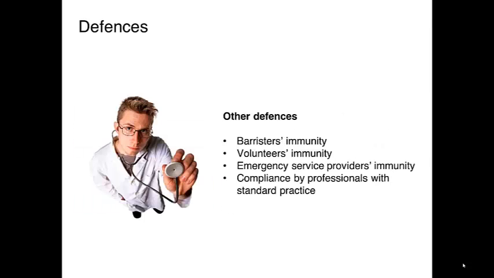There are many other defences to the tort of negligence available under tort law. Barristers, for example, are immune for the things that they do while representing their clients in court, so a client in court who is unsuccessful cannot sue their barrister for negligence. People who volunteer to work for charities free of charge are generally protected from civil action in the tort of negligence. Similarly, emergency service providers such as volunteer firefighters and lifesavers are accorded a degree of immunity from the tort of negligence,